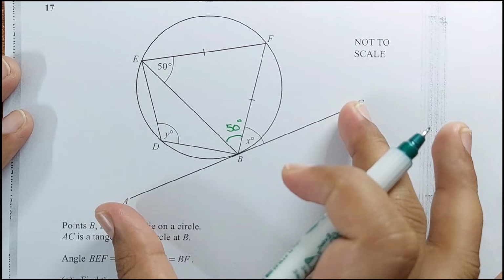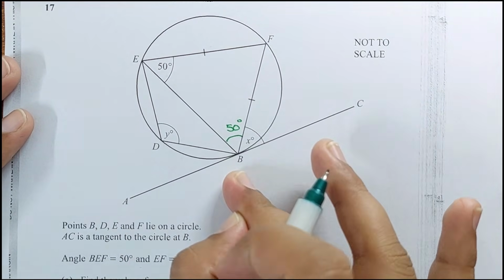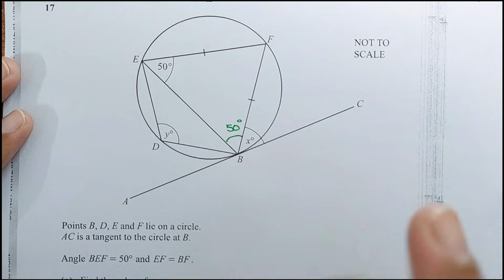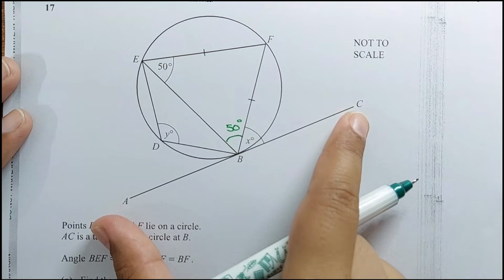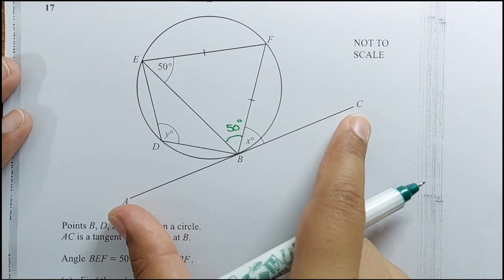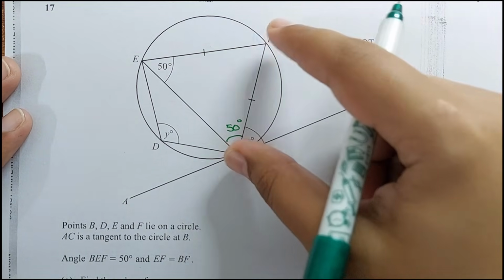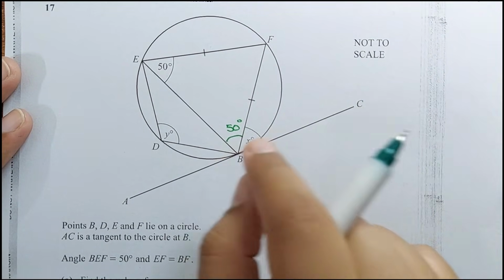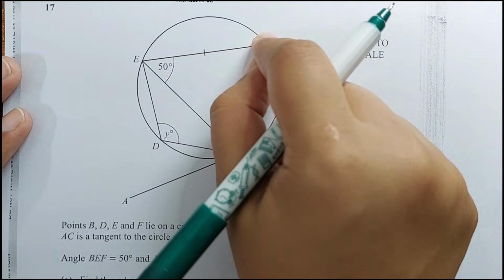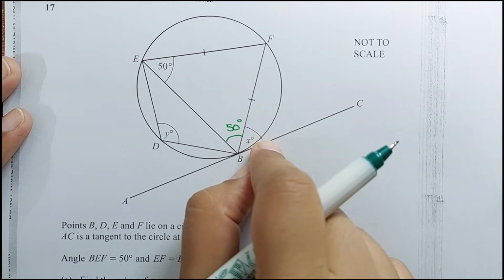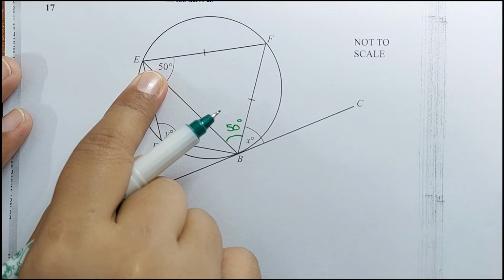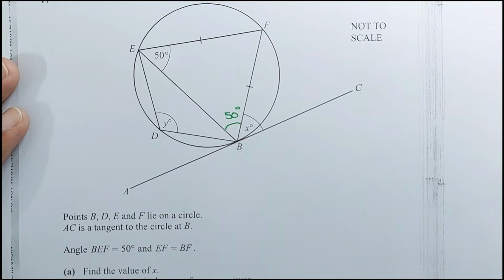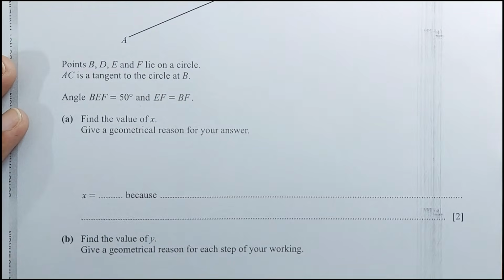So since this line is tangent at point B, here I'm going to use the alternate segment theorem, right? According to the alternate segment theorem, the angle between the tangent and the chord, this is the chord of a circle and this is the tangent to the circle, is equal to the angle in the alternate segment, right? So we can say angle x is also 50 degrees. So angle x is 50